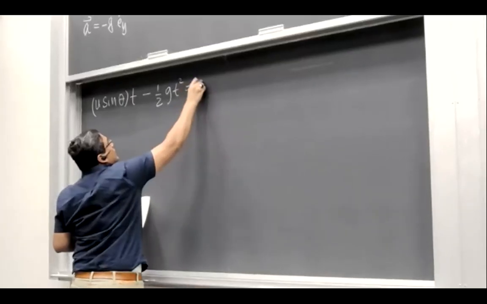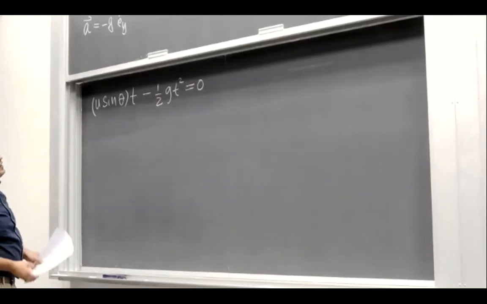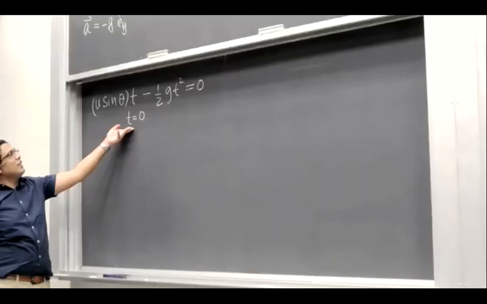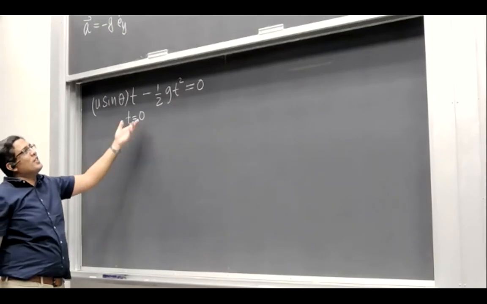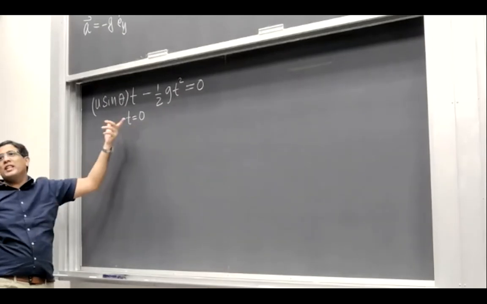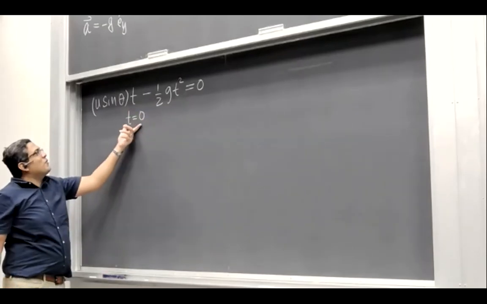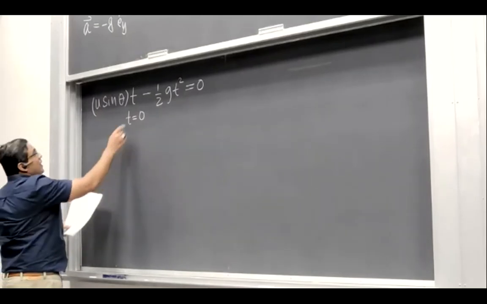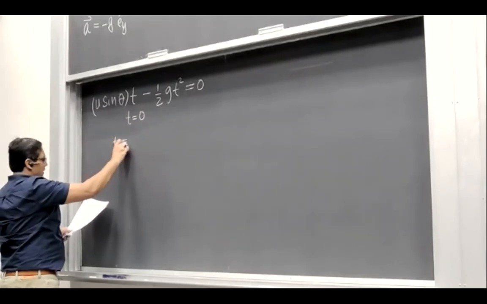equals 0. Now we have to solve it for t. So what are the possible values of t? One of the values would be t equals 0. You see that this equation is satisfied for t equals 0, and that's the case at the very beginning. At time t equals 0, the y coordinate is 0. So the equation is consistent, but we are not interested in this time. We are interested in the time of flight. That is, we want to find the value of t when it hits the ground again, not the first time when it is originally at the ground. And that value of t, you can just manipulate this equation and you would get.